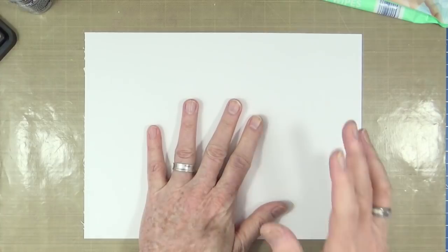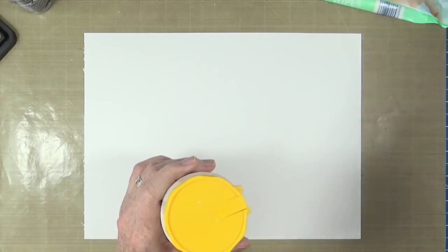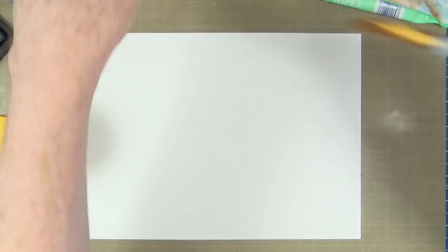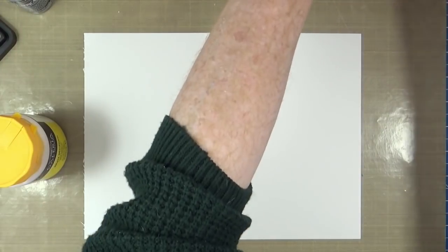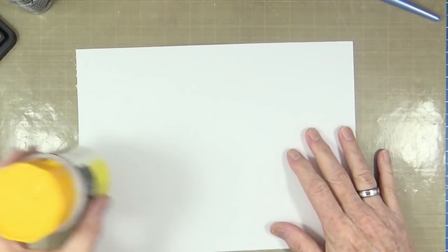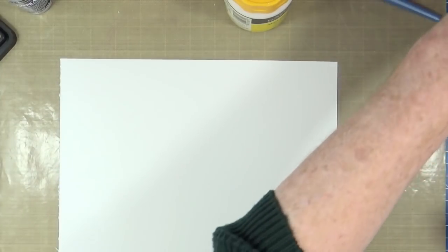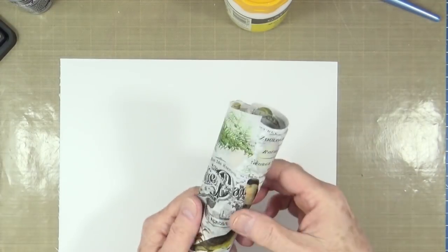So to get started, I've got some matte medium, I've got some kitchen towel, I've got a pot of water just off to the side here. I've got some baby wipes as well, just in case they're needed. And I'm going to make a start. So we take the top off that, see if we can get the whole lot out. There we go. So we'll make a start